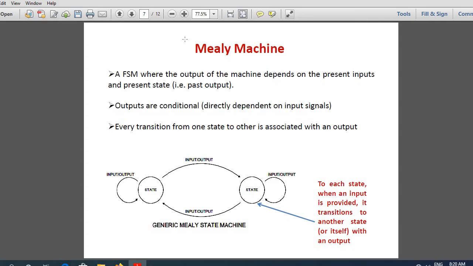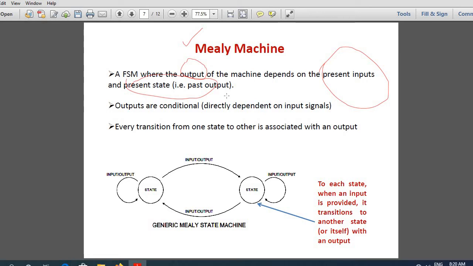So now we'll go to first what is a Mealy machine. It is a finite state machine where the output depends on present inputs and the past output or the present state. The past output we are calling the present state because when a machine is on, the past output will be there in memory.